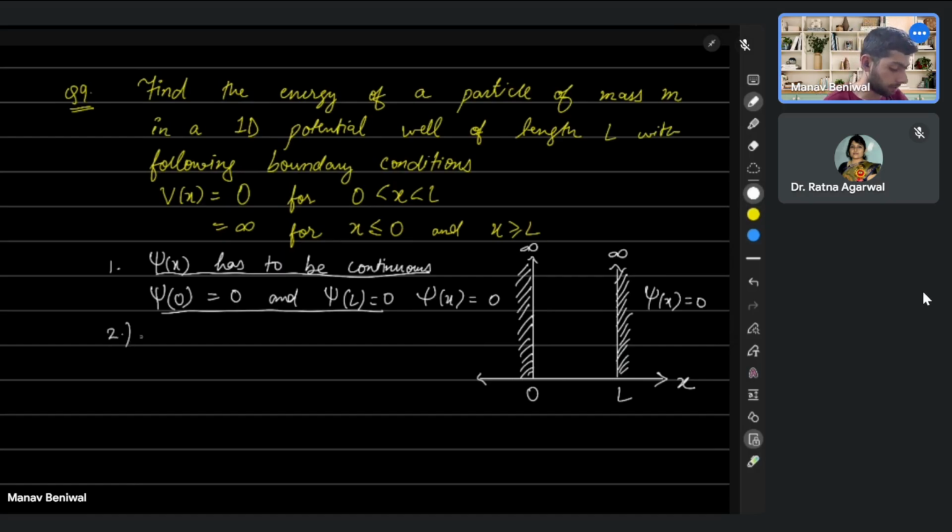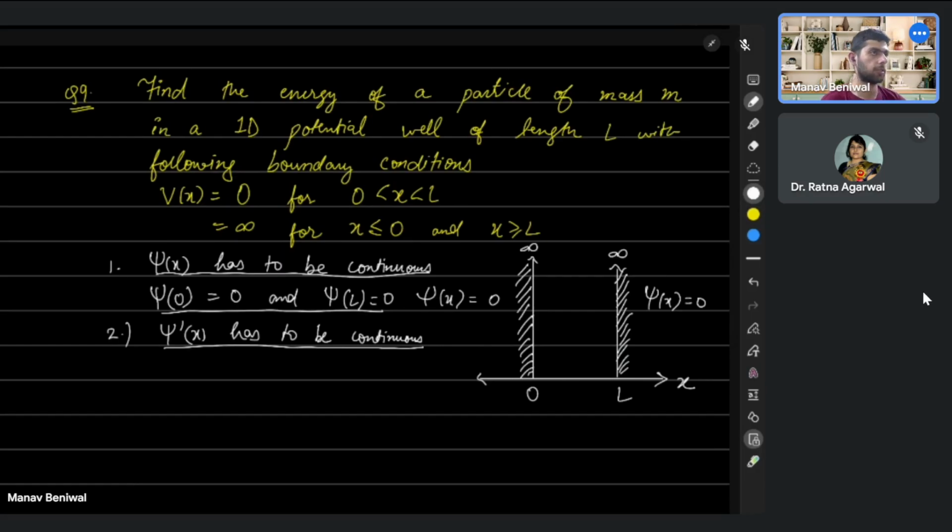Second thing is that psi prime of x, which is the first derivative, that also has to be continuous. So we'll see if we need this one or not later. Okay. So then first we can write